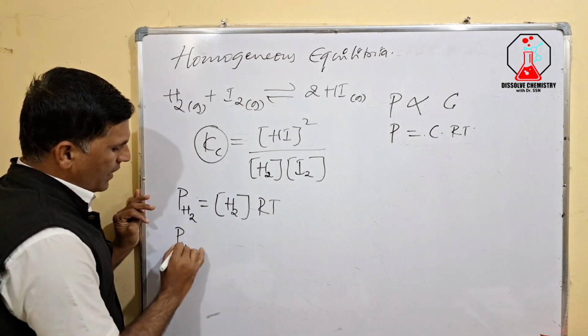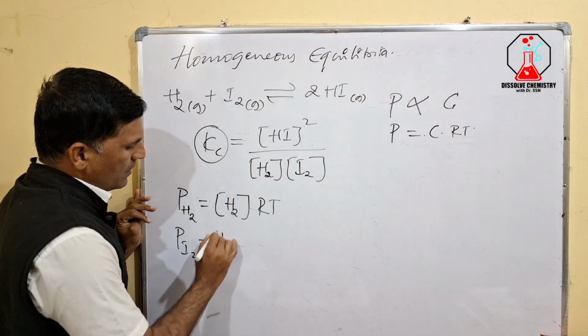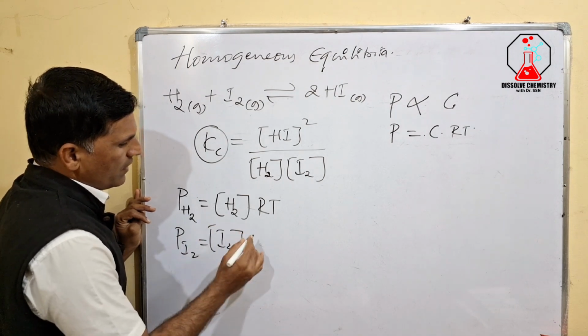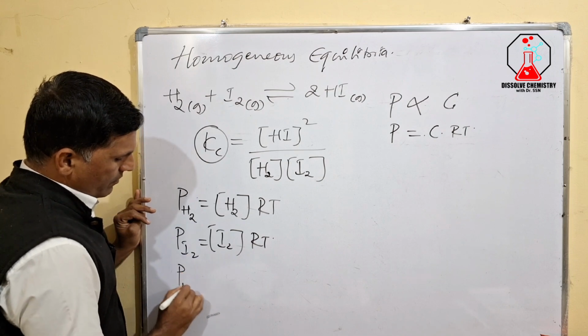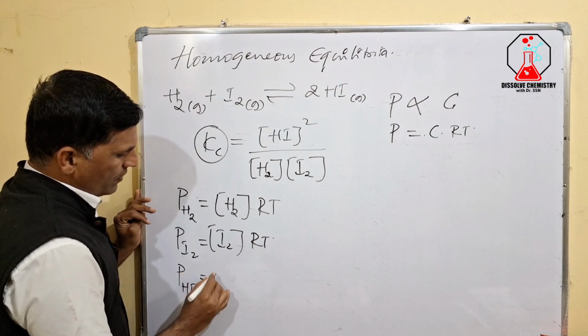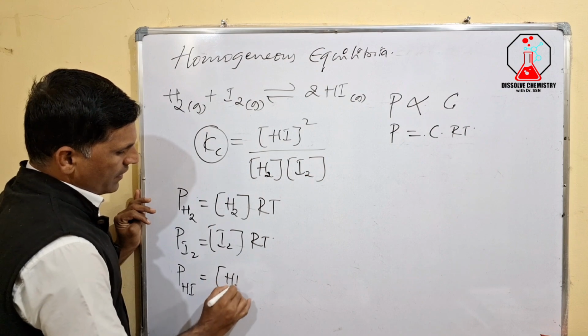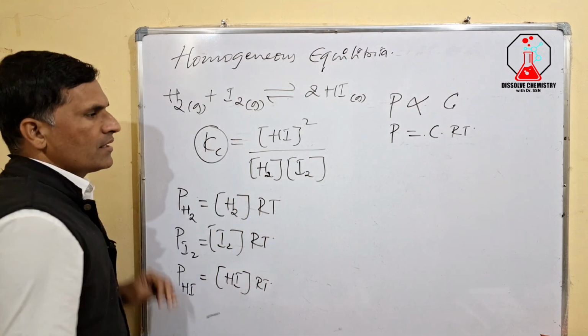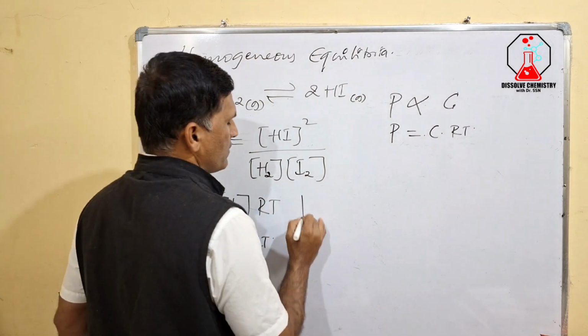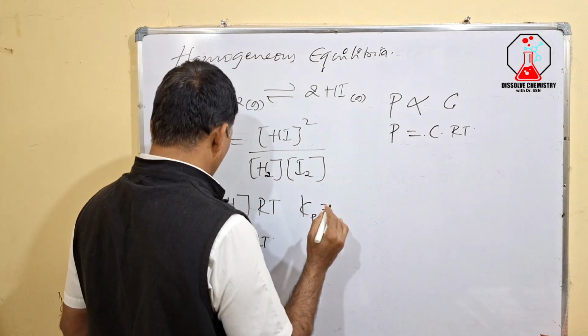Similarly, PI2 we express as the molar concentration of I2 into RT. Similarly, PHI we express in terms of HI into RT. Substitute the same here. So then we express the equation as Kp is equal to